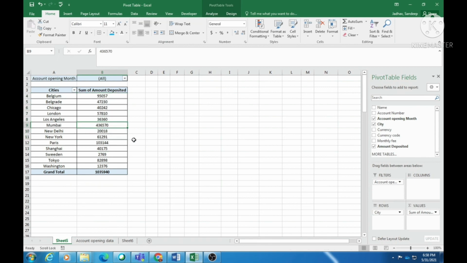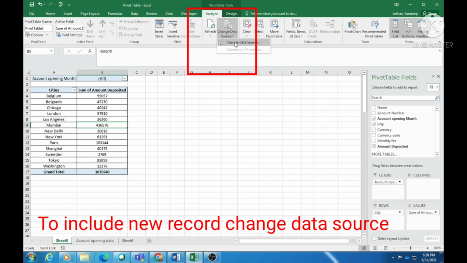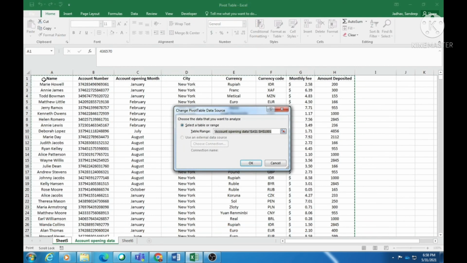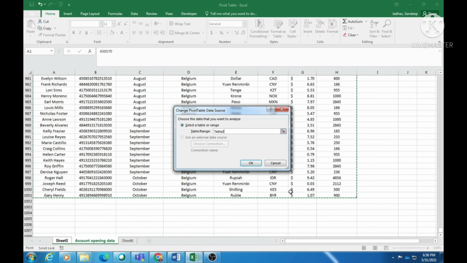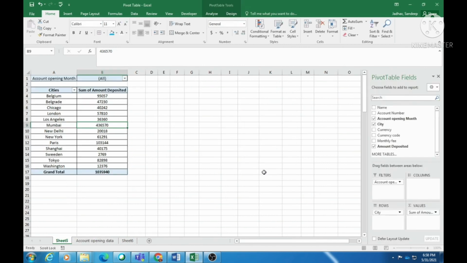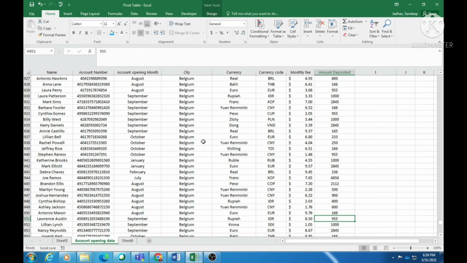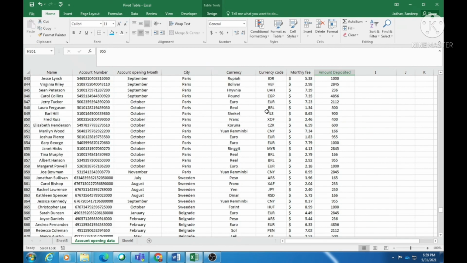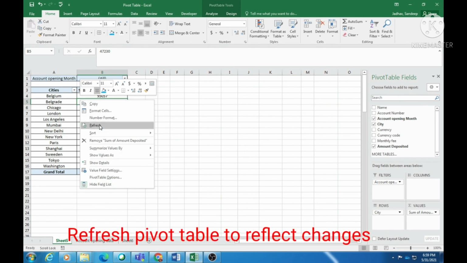For that, this pivot table will not include that particular row. For that, we need to go to the Analyze tab here, Analyze, and then change the data source. Select here and change the data source. Again select the table that includes that row and it will get added. This is the one tip. Second tip is that now suppose if any data in the pivot table is being added or changed, how will it be reflected? You can just go here, right click and refresh the data.